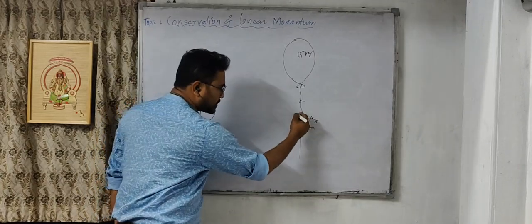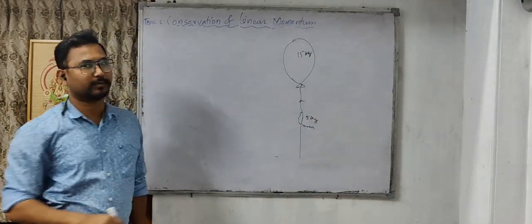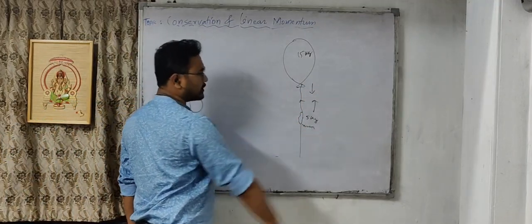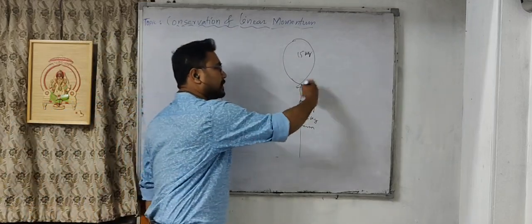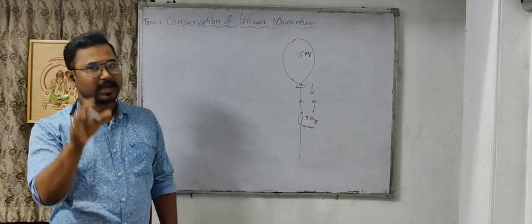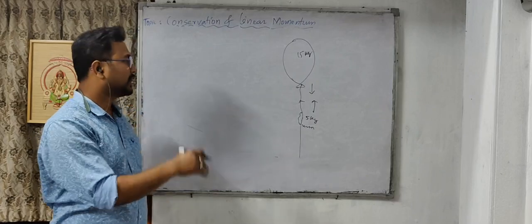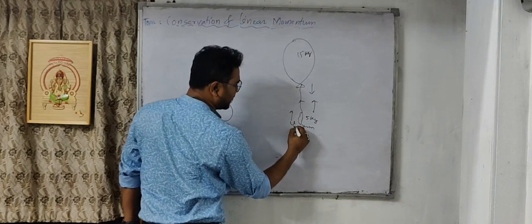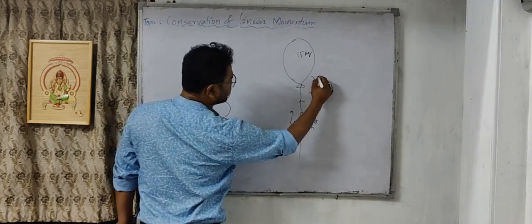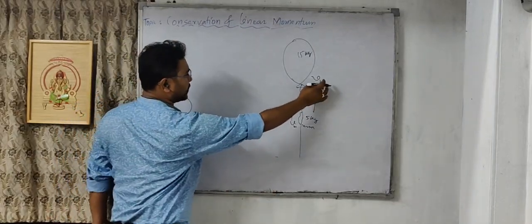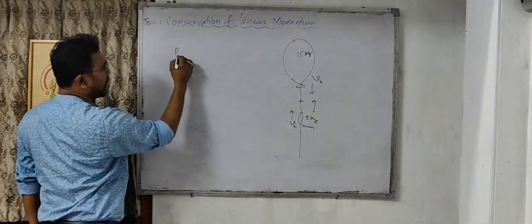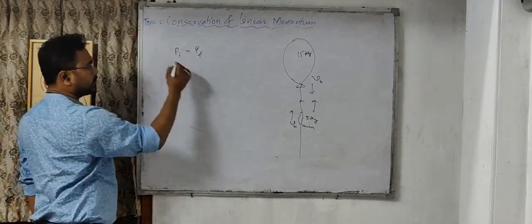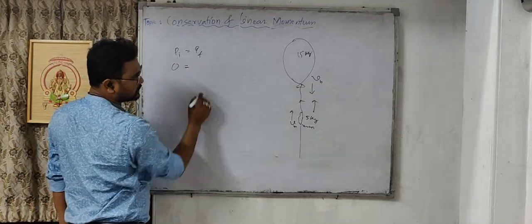Correct? That means if the man is going in upward direction, in which direction will the balloon move? Very good. The balloon has to move definitely in downward direction, so that their net momentum will be 0, as their initial momentum was 0. Correct? Now suppose the velocity of man is Vm, and the velocity of balloon is Vb, where b stands for balloon. So initial p equals final p. Initial momentum is equal to final momentum. Initial momentum was 0. Final momentum is